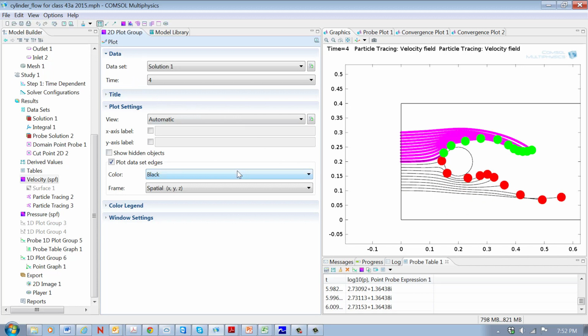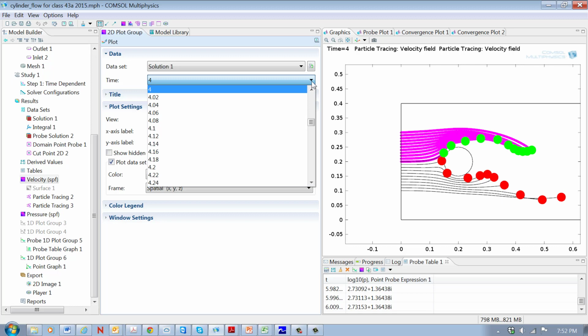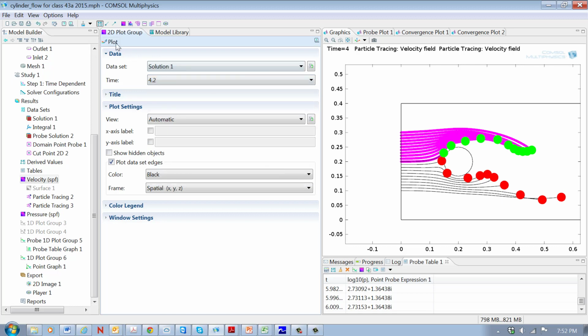seconds, and now we see kind of a surprising thing. There are the same number of particles on the top and bottom, and they're released symmetrically, but now we can see that the particles are in fact not symmetrically distributed. Some of these red particles are getting out ahead of the green particles, and their pattern is different. So that's kind of interesting. And that's a consequence of this complicated flow pattern that evolves behind this obstruction. So let's go another 2/10 of a second,